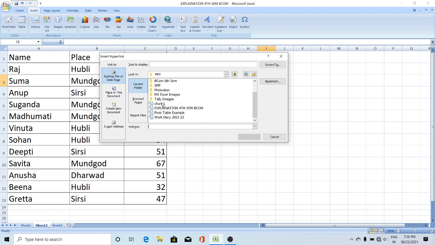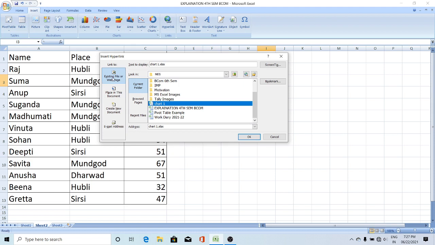I'll select chart 1. You can give a link to an existing file or any web page. If your laptop is connected to the internet, you can open any web page, and you can give their email address or their website address. For that website address, you can give a link. Whenever you click on that website, automatically that web page will be opened.